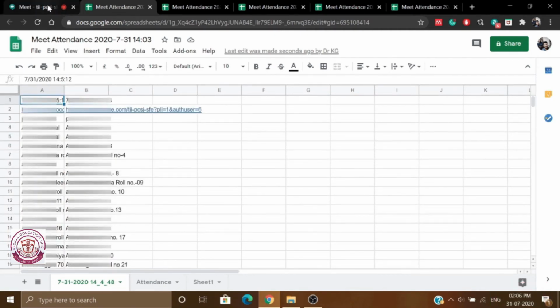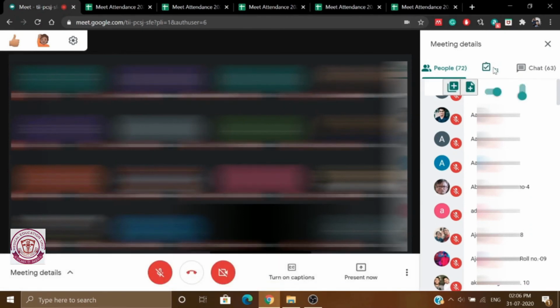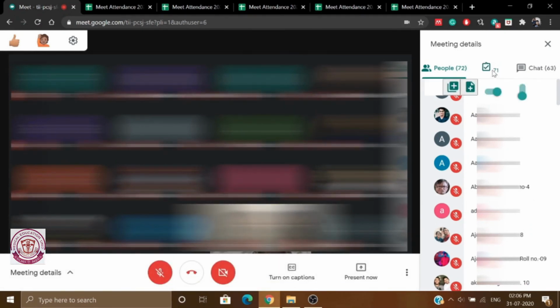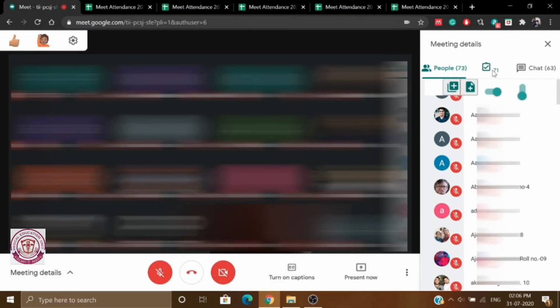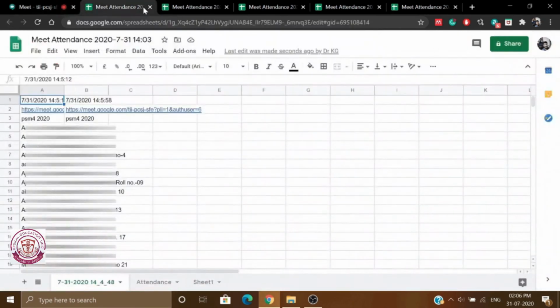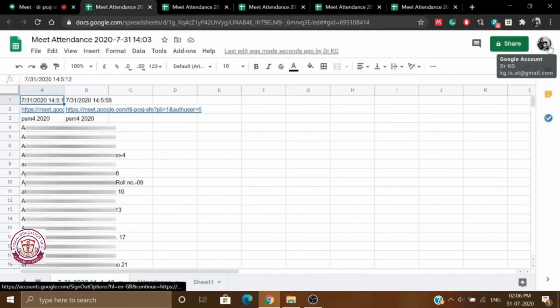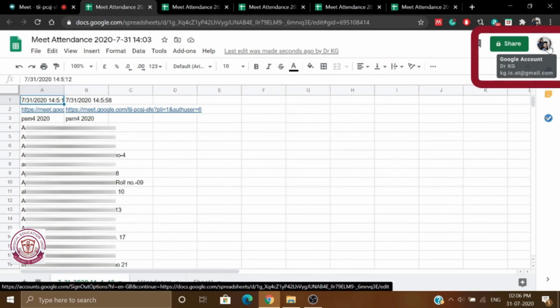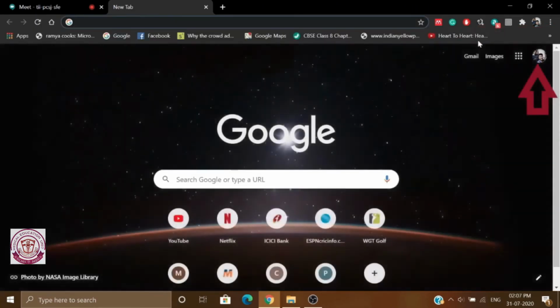Now this option can be used as many times as you want and at any stage of the meeting by anyone who has a Meet Attendance Chrome extension installed. So that is how attendance is taken using this useful extension. The record of the attendance can be accessed at any time as well. Just make sure to log in with the same Google account.